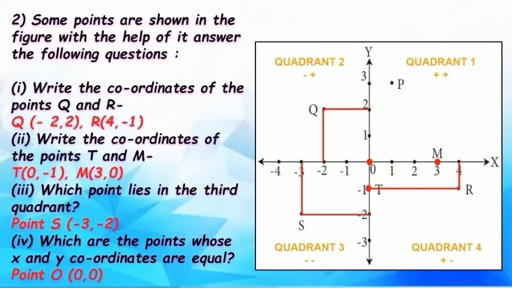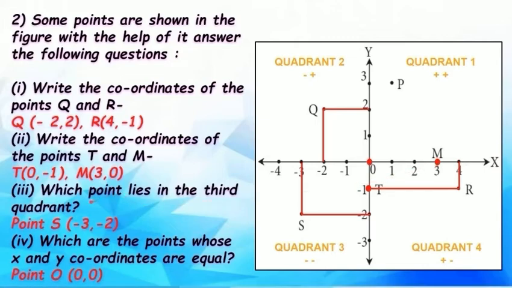Similarly, let us see where is point M given here in this figure. Okay, so point M is here. Now if you all observe, this point lies on the x-axis, right? Now we know the value of the y coordinate of a point which lies on the x-axis is 0. Therefore, the coordinates of point M will be 3, 0 as it lies on the x-axis at point 3. Therefore, the x coordinate will be 3 and the y coordinate will be 0.